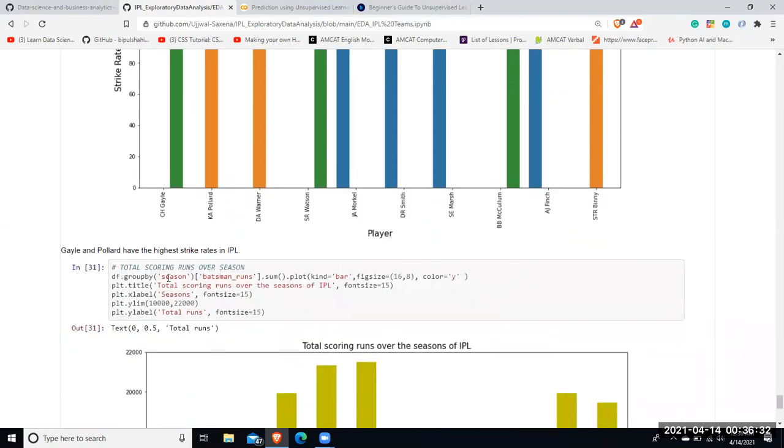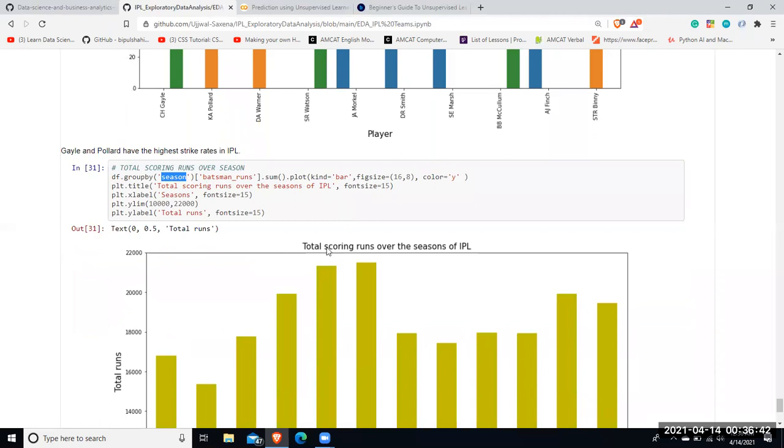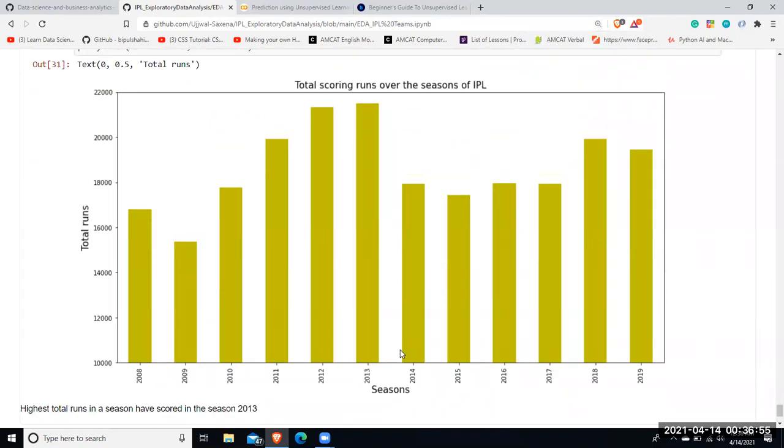Now comes the total scoring runs over a particular season. So I've used season and batsman runs and calculated and plotted a graph using their data points. So here it actually looks like this. So this is the total scoring runs over a particular season of IPL, and in each season the total number of runs scored, right? So this is the way it looks from 2008.